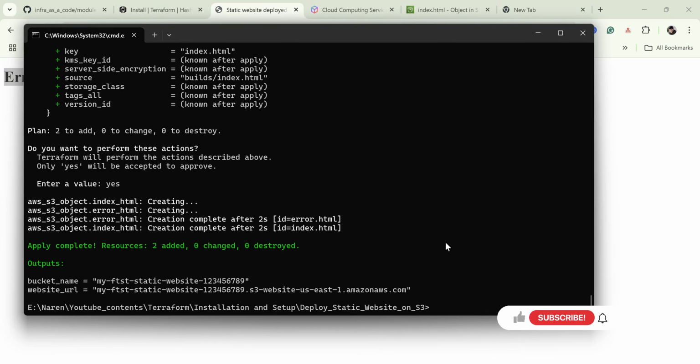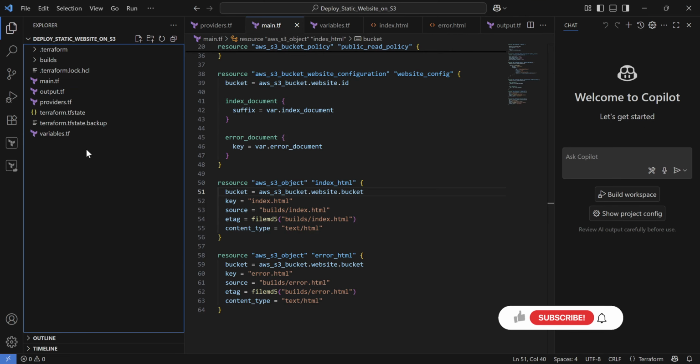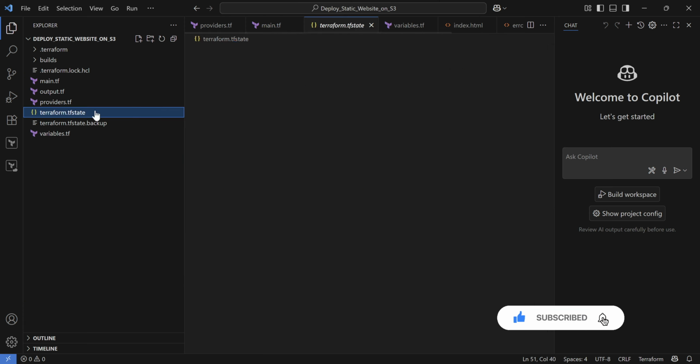Now let's perform a last workflow, that is terraform destroy. Before we perform this, let's look at our code. We have another file called tf state.